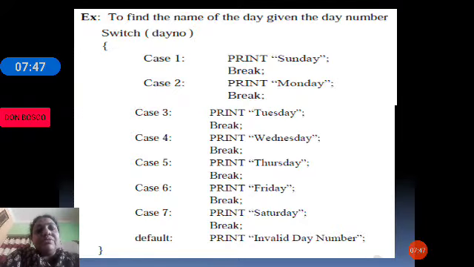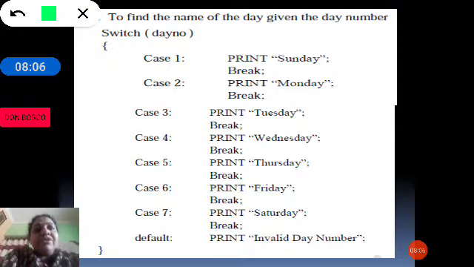Let us have a look with one example here. Let us take the day number and then find the day. For example, if day number is 1, we start with first day of the week, that is Sunday. If day number 2, Monday. So here you are comparing, here you are giving day number